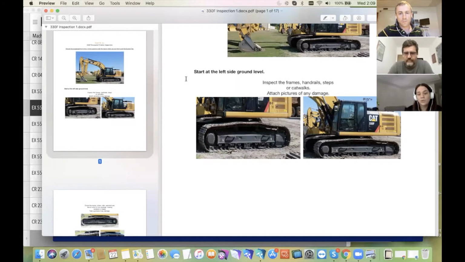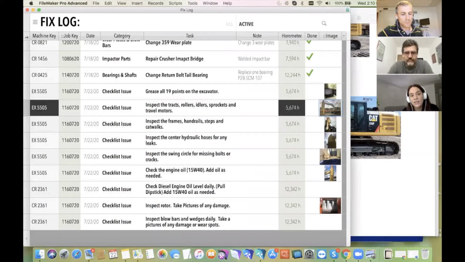So that's why we came up with the walk-around checklist app. As Ado said, it was developed in React, and it's communicating with the FileMaker file using the Data API. I'm going to show you how the end result looks in a FileMaker file. So this is a FileMaker layout showing issues reported by the React app. Here you can see some of the records showing the machine name, the job the machine is on, the date